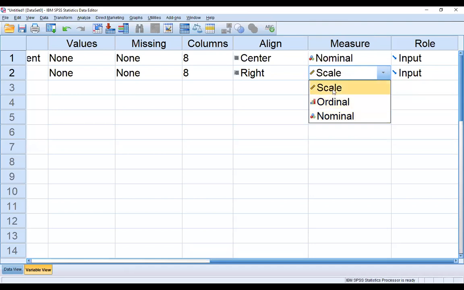If my question is interval or ratio, then it will display only scale. So I will take scale here. If my question is nominal, I will take nominal. If my question is ordinal, I will take ordinal. If my question is interval or ratio scale, then it shows only one option. So this is the one option. Okay.